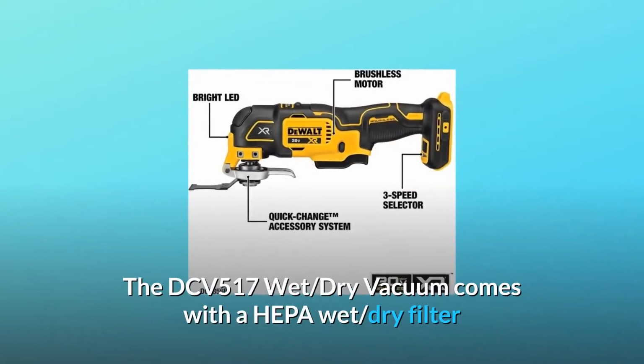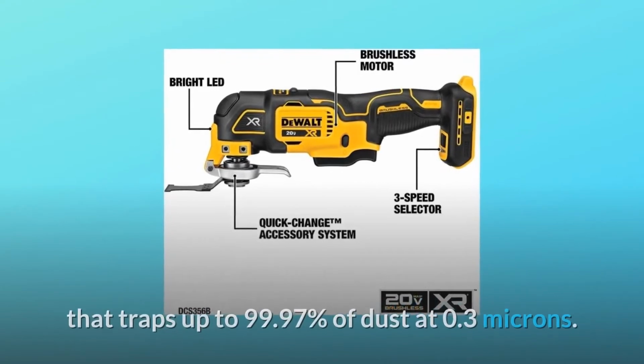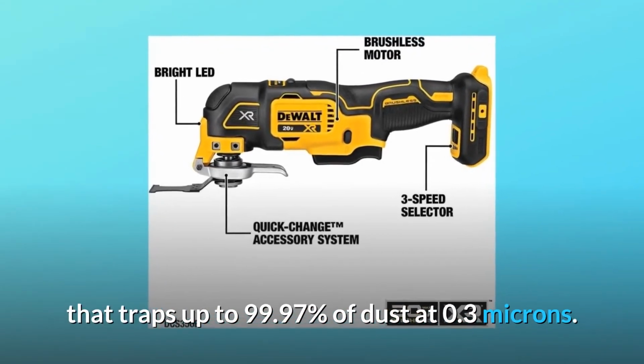The DCV517 Wet/dry vacuum comes with a HEPA wet/dry filter that traps up to 99.97% of dust at